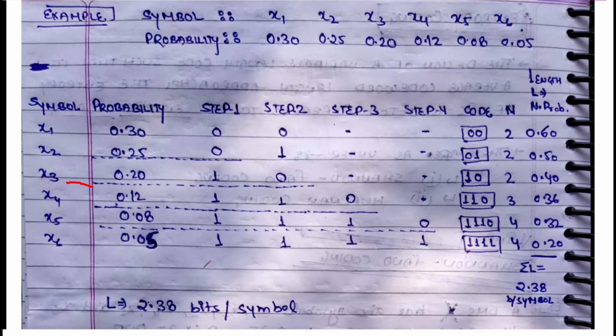ठीक है, so यहाँ पर मेरे पास 6 symbols हैं, so obviously I have multiple ways in which I can divide. यहाँ पर equal probabilities नहीं है, यहाँ पे different probabilities है. Alright, so I can do a division of 2 4, I can do a division of 3 3, I can do a division of 4 2.